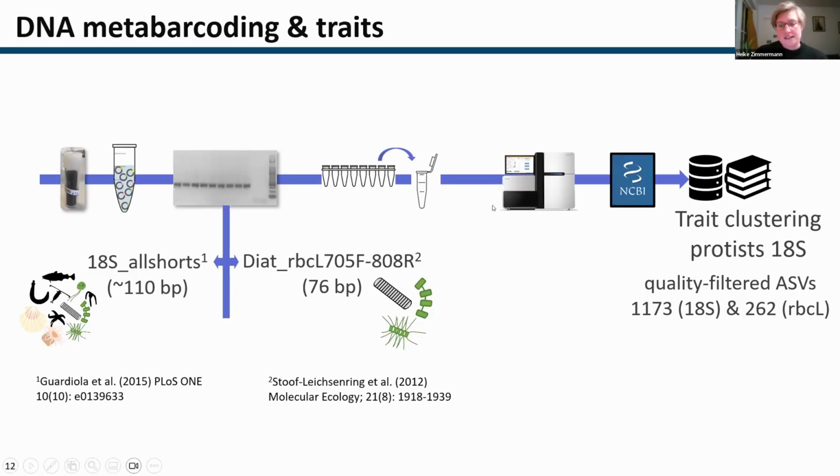And after that, after the PCRs, we sequence all of that, and the sequences we retrieve are quality filtered, and then we compare them with a reference database for taxonomic assignments. And here I went one step further, and after taxonomic assignments, I looked into trait databases and the literature to collect all kinds of traits for especially the protists. And after that, I used clustering to cluster the protist data into functional groups.